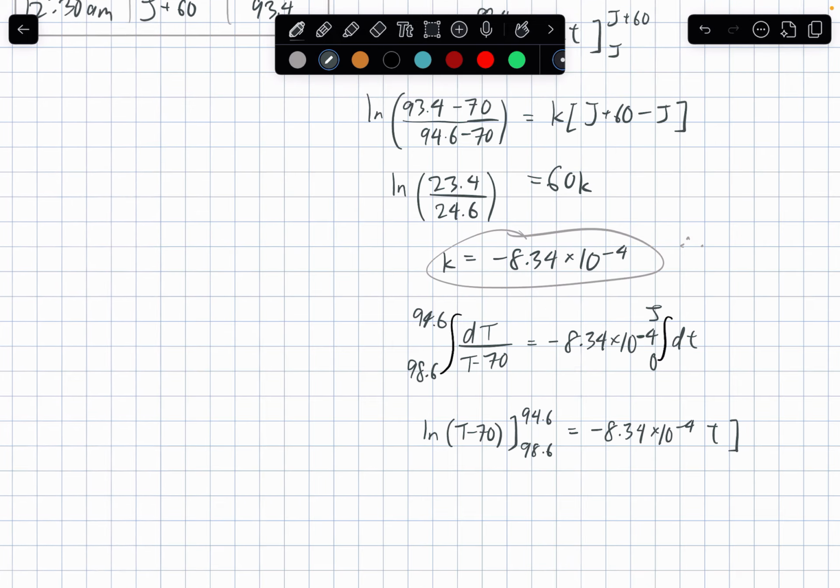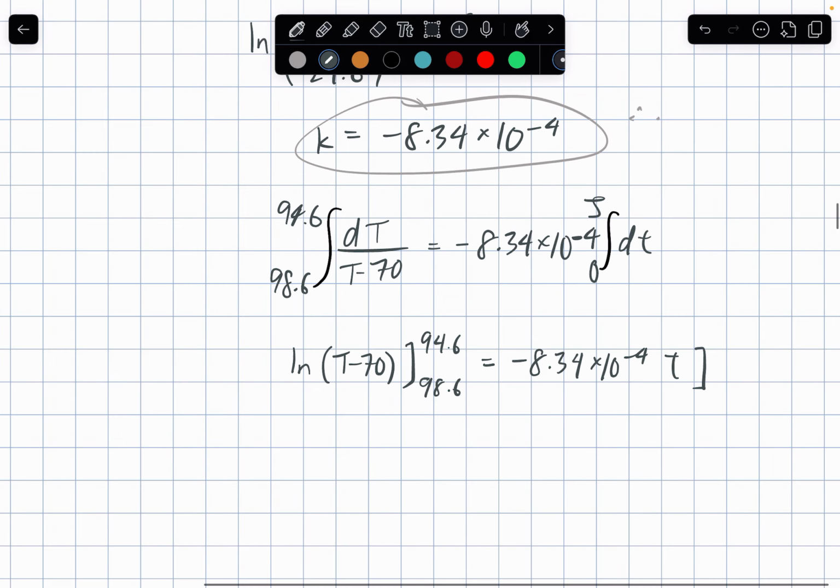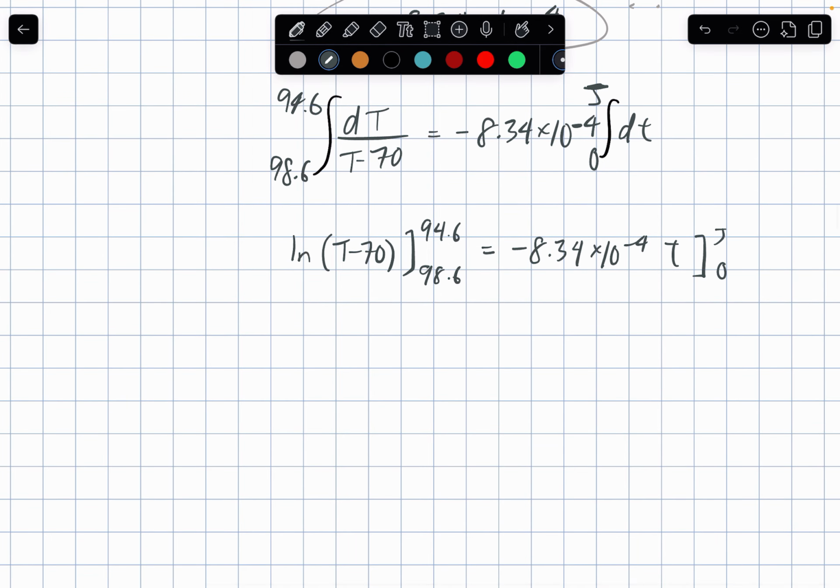Oh no, J. So ln of (94.6 minus 70) over (98.6 minus 70) is equal to